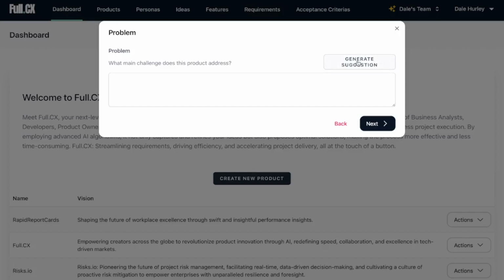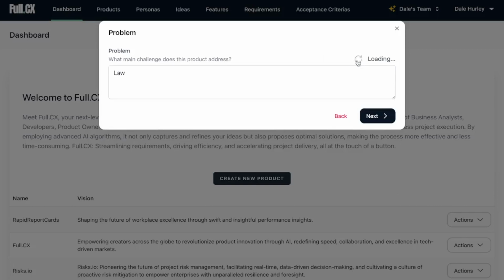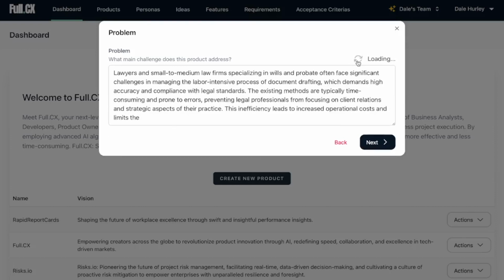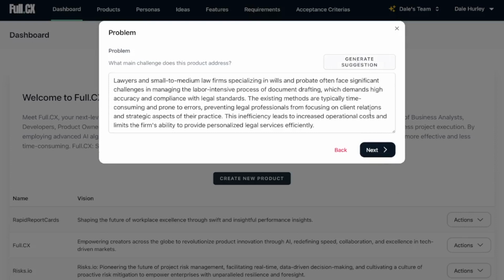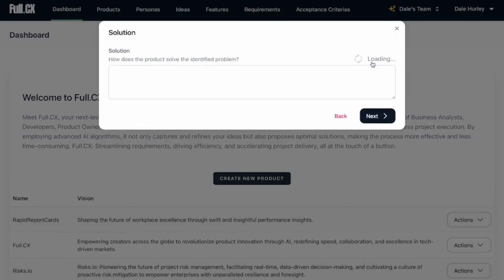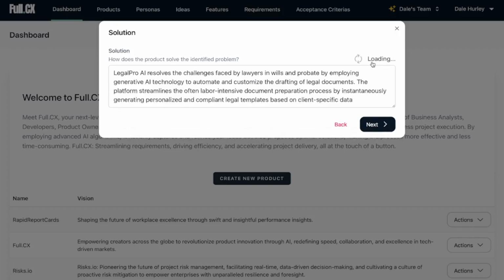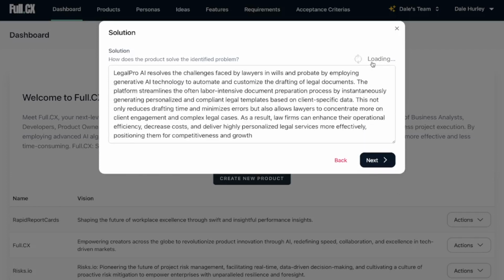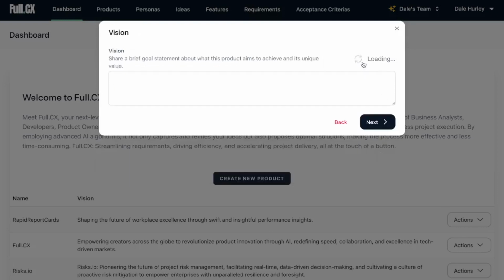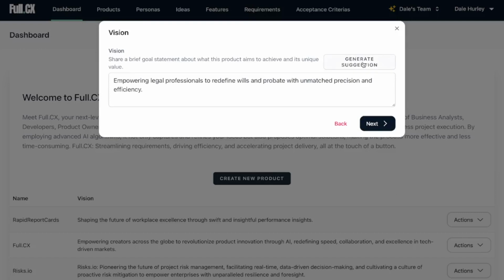Going forward, we're just going to let the Gen AI come up with a problem statement for itself. Typically, if we were doing it ourselves for a proper product, we would provide some bullet points around what the problem statement is in our opinion, and then let the Gen AI help expand on that. Again, we've done the same with the solution, and it's coming up with actually quite a good problem statement and solution. We generate the vision,